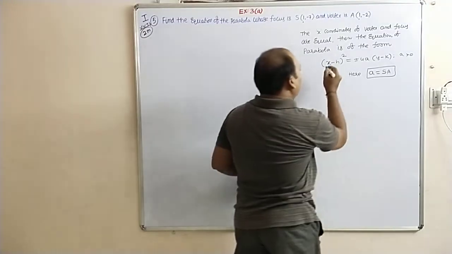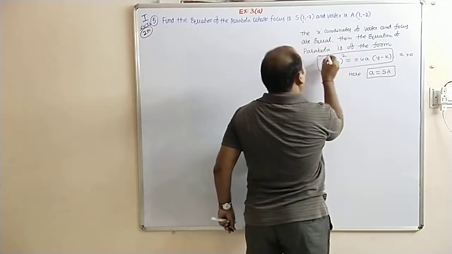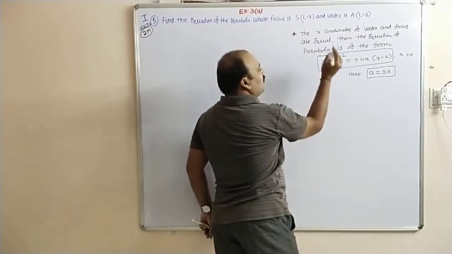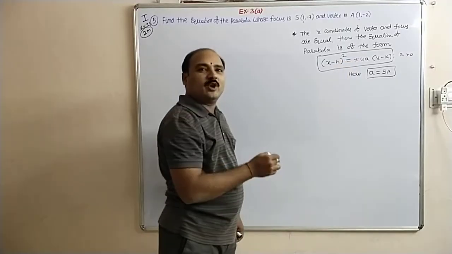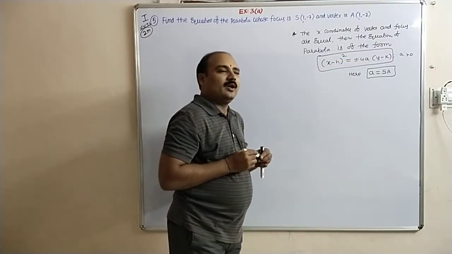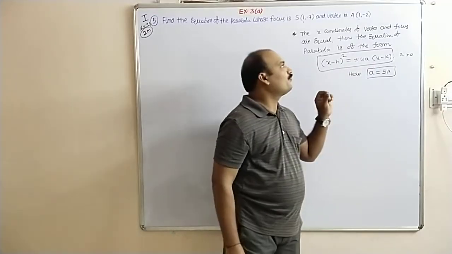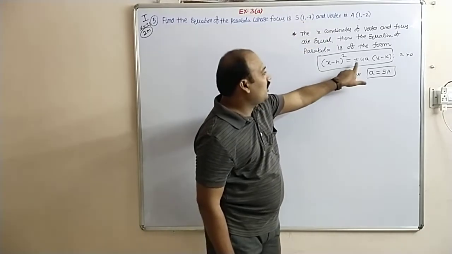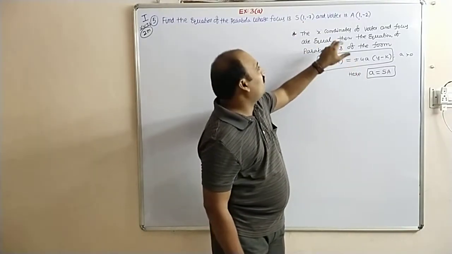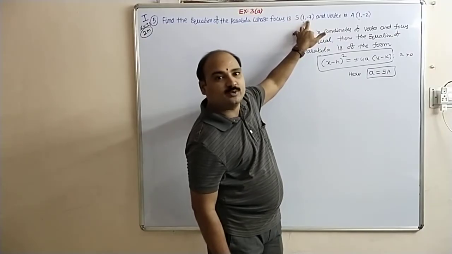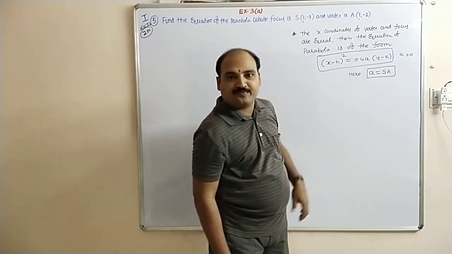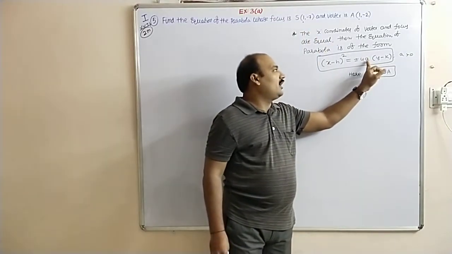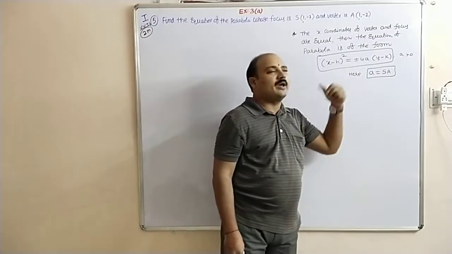Here one more doubt will arise. How to identify whether it is plus 4a or minus 4a? To avoid the doubt, if the y coordinate of the focus is negative, here you can take negative. If the y coordinate of the focus is positive, you can take this as positive. Are you able to understand clearly? So based on that, you will get the value of plus a or minus a.